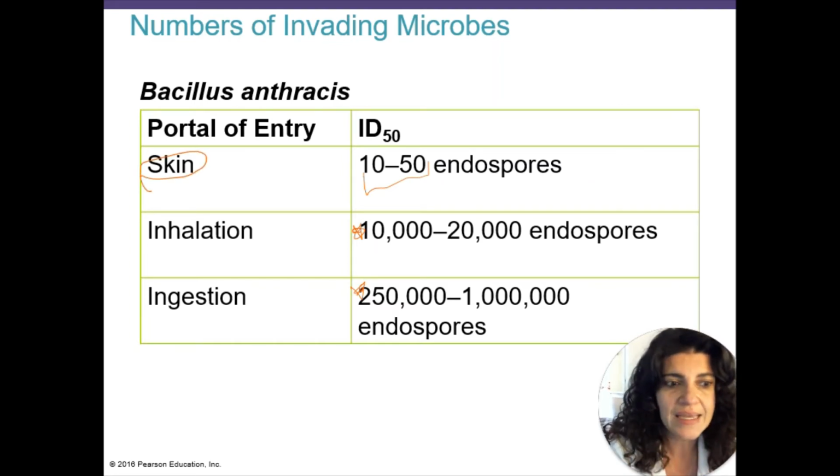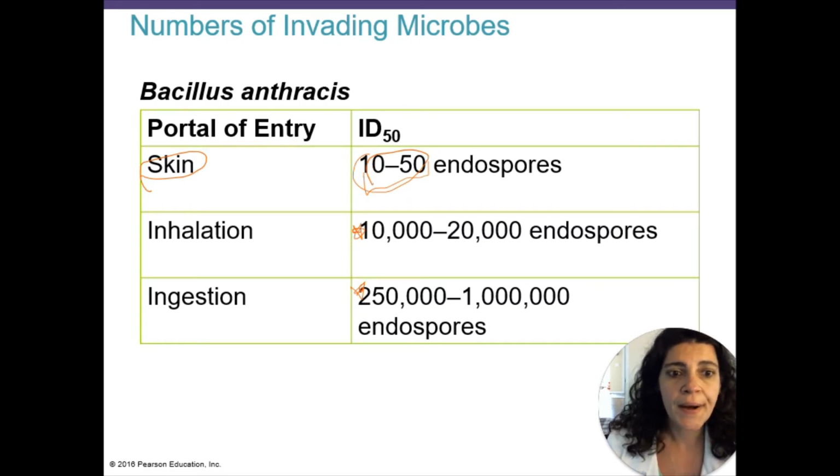So think of ID50 as being inversely proportional to virulence, okay? The fewer particles, the fewer bacteria, this is a bacterial cell. If you think about virus, then we talk about virions or particles. The fewer cells you need to infect a person or any host,